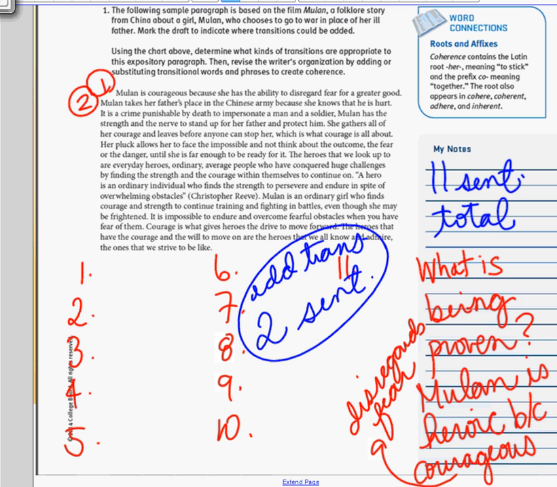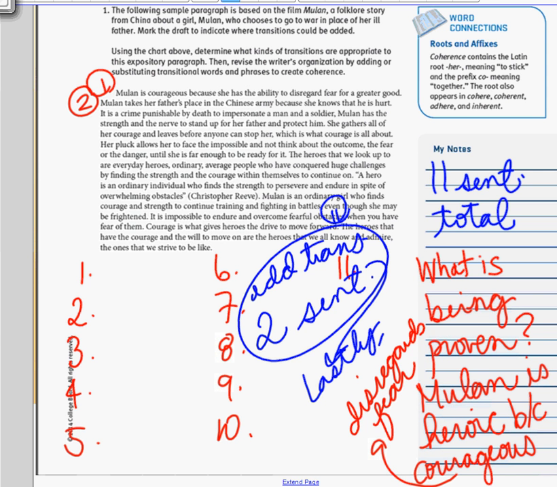Again, look through these sentences at the top of the page in the paragraph, identify which ones you want to add transitions to. So maybe the last one, number 11, you're like, hey, I'm totally going to add a transition here. So next to number 11, in that white space area, that's where you're going to write the transitional phrase down. All right, I want you to go ahead and begin.